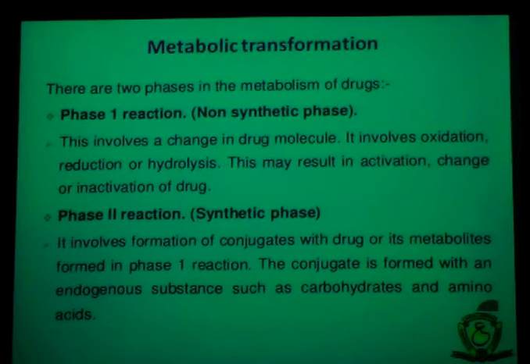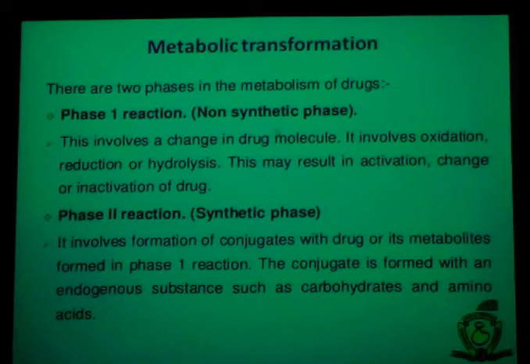So, how is a drug metabolized? There are two phases. You call it phase 1 and phase 2. Phase 1 is when, for example, a prodrug is converted to an active drug, or it is modified by oxidation or reduction or hydrolysis and so on. Whereas in phase 2, it is conjugated to certain carrier so that it is utilized properly and transported properly within the bloodstream.